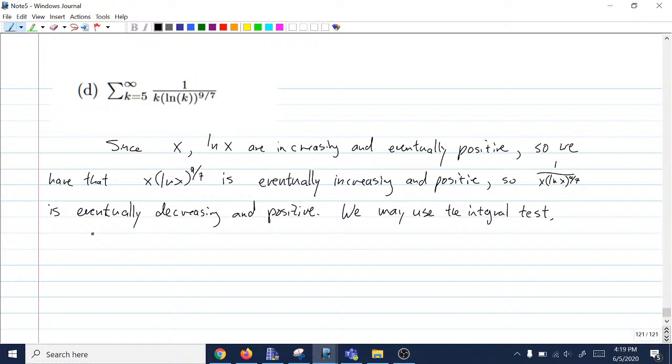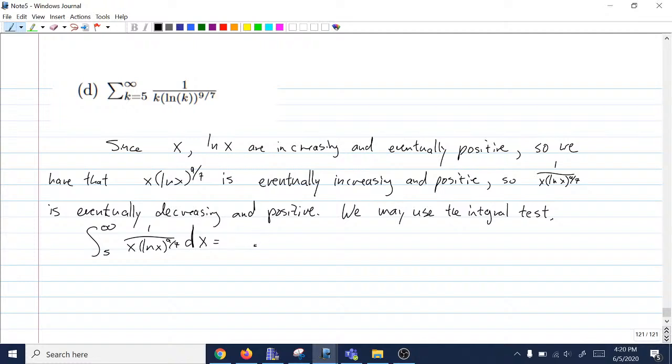The integral from, where should my integral start? I guess 5 is a decent place to start. The thing's eventually increasing and positive, as long as we're past the places where that goes to infinity, which are 0 and 1. 5 is past that, okay. The integral from 5 to infinity, 1 over x log x to the 9/7 dx